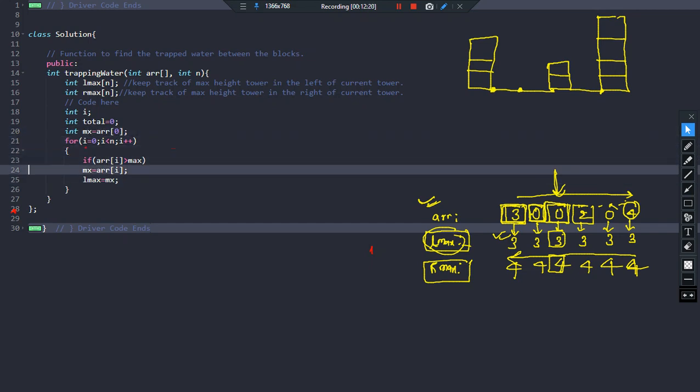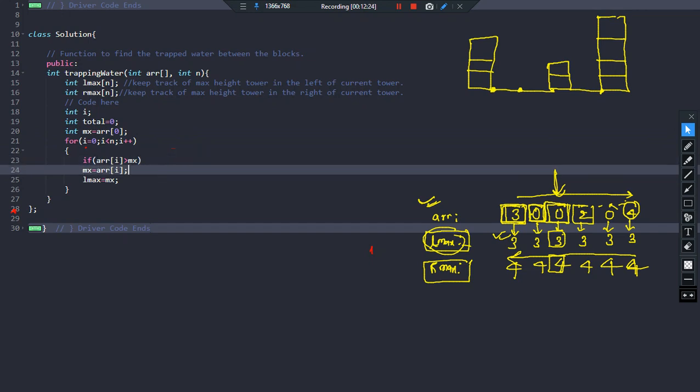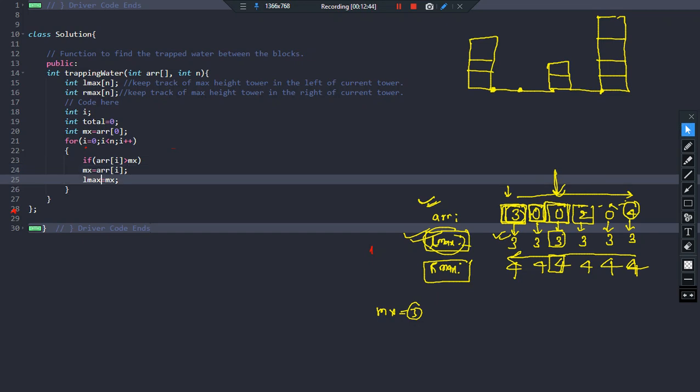So I am declaring a variable max. What is happening now? After successful completion of this loop, you will get this L max array. Why? Because right now the pointer is here. We know that mx is equal to 3 so far, because array of 0 is 3. Now you compare whether this element is greater than 3, no. Then L max of I is equal to mx, basically